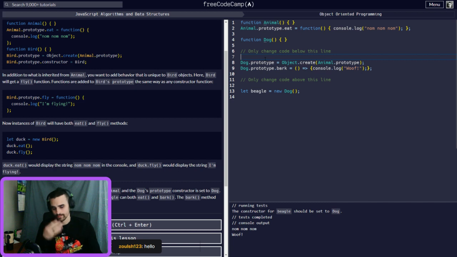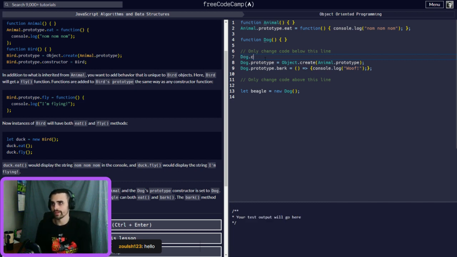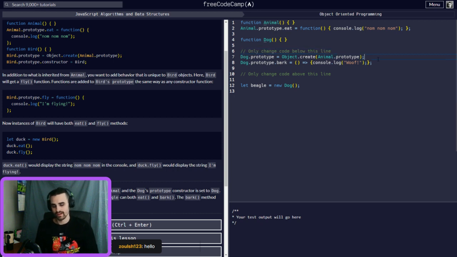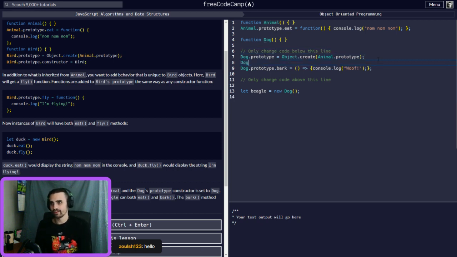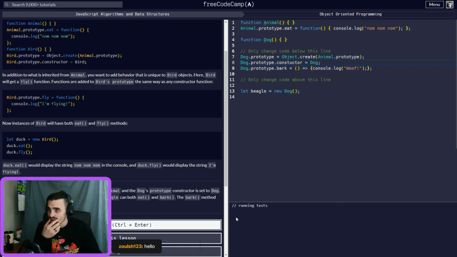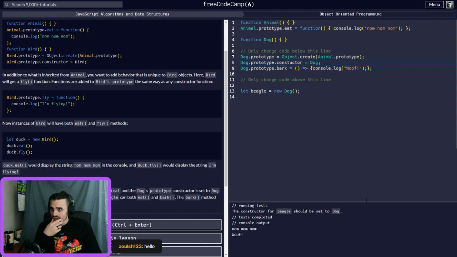Oh, stupid. Okay, got it. Dog.prototype.constructor is set to dog. There we go. Gotta make sure.